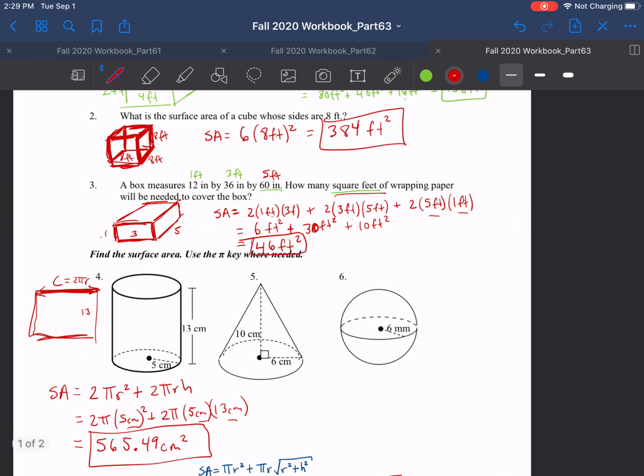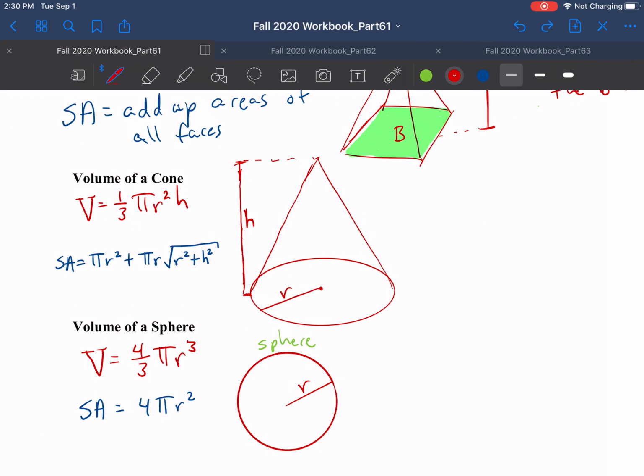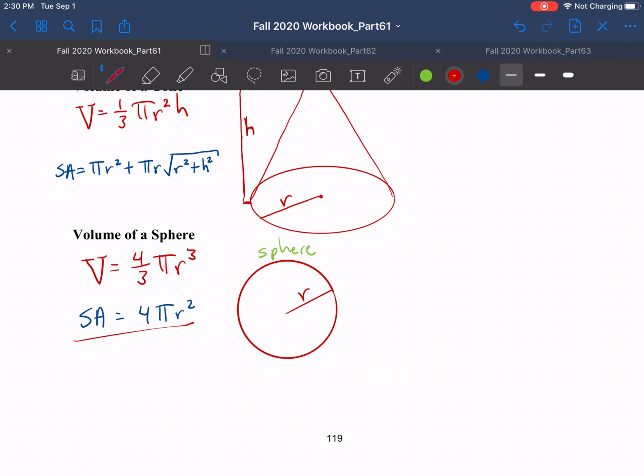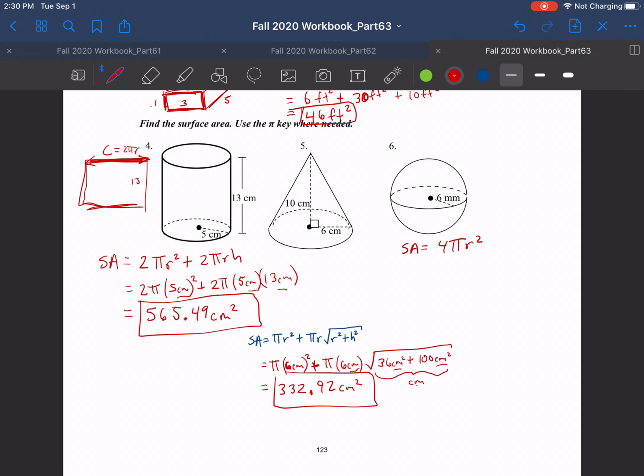And so the last one we have to do for these surface areas is the surface area of this sphere. And the surface area of the sphere is 4 pi r squared. If you go back over here, we had it right there, 4 pi r squared. And so, oops, switching pages. And so now we just need to plug that in. 4 times pi times 6 millimeters squared. And so 6 squared is 36 times 4 and times pi on our calculators gives us